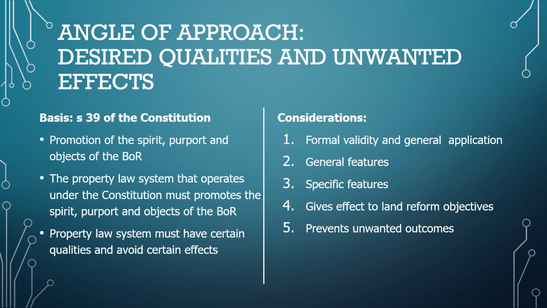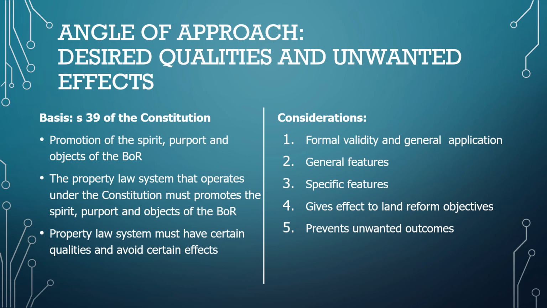In the event that there's no legislation, directly applying the subsidiarity principles, and then filtering through and finding the most appropriate source of law, or sources of law, in terms of the subsidiarity analysis. What then needs to happen, as just stated, is the desired characteristics and unwanted effects test must be